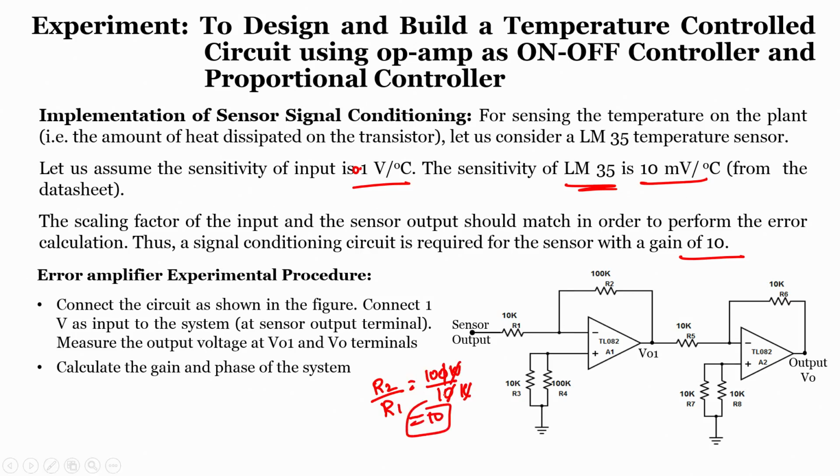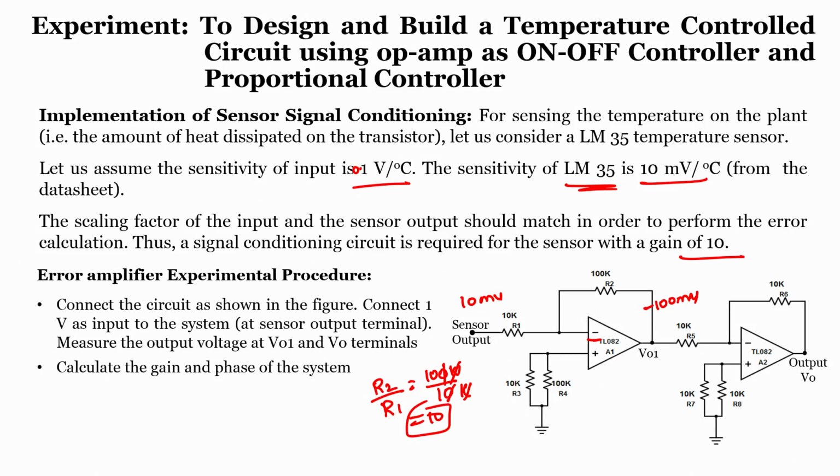So, that is what we require, but what is this input? Inverting input. So, that means if I apply 10 millivolt here, I will get minus 100 millivolt, right. But what I require is plus 100 millivolt, so that the sensitivity will always match. Otherwise, there will be phase difference, because we are implementing an error detector. Suppose if you implement a summation, here if I get a negative, finally we will get a difference between V1 and V2, but we are not doing that, right. We are implementing a differential amplifier there. So, that is the reason the output should be positive, right.